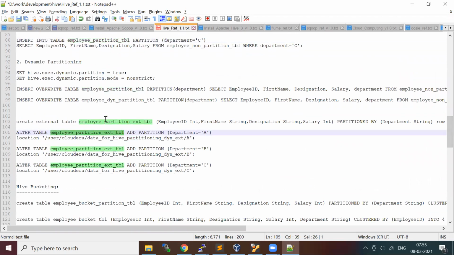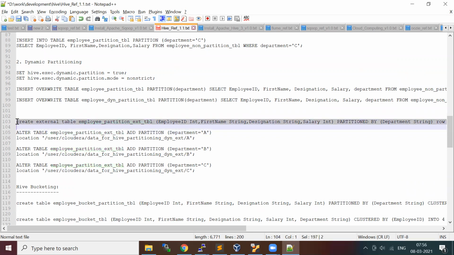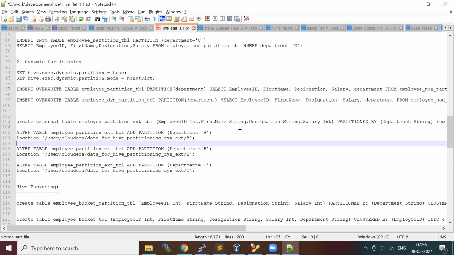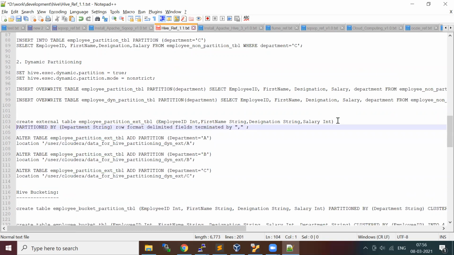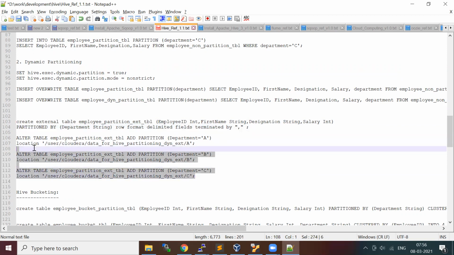If it is an external table, we can modify the table. This is just to create a table. Let me wrap it into two lines. So we create an external table, and then we alter the table and provide the partition value. This is static partition, not dynamic partition.